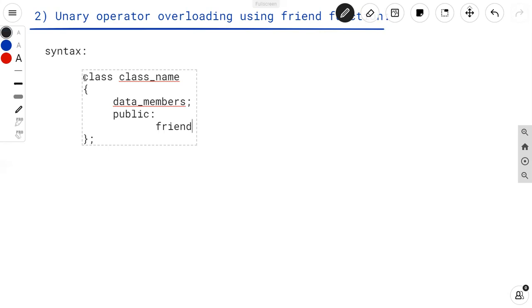Okay, so firstly we have to use a friend keyword, then the return type of the function. Return type of the function is any data type among integer, float, double, character, void. Okay, then next one is, as we have to define the operator function, so we have to use the operator keyword, then the operator symbol,